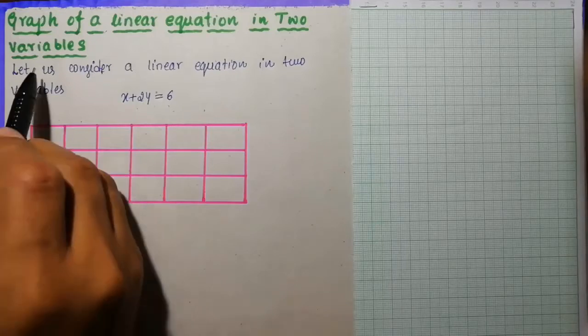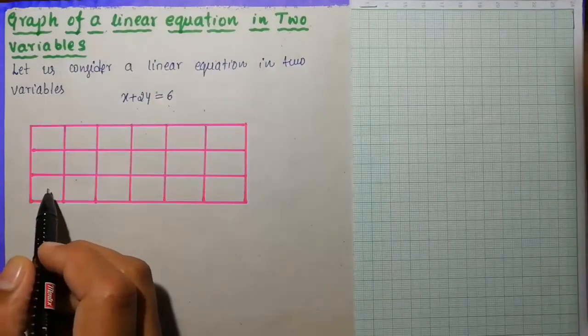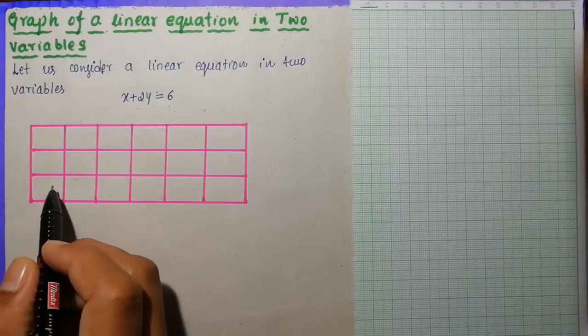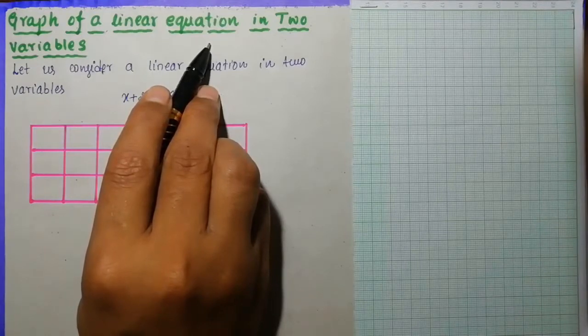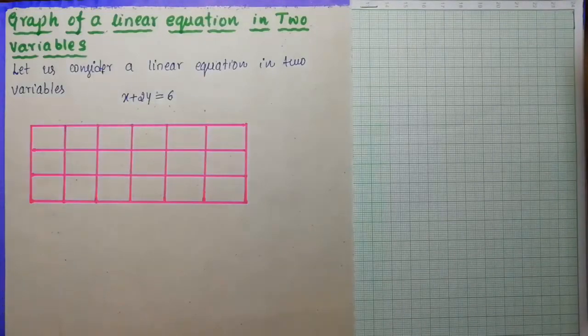Look at here, a graph of a linear equation in two variables. Now I'm actually going to plot the graph of a linear equation. First, we have to understand how to plot it. We are going to plot the graph of a linear equation in the Cartesian plane or coordinate plane. And in the previous chapter, you have studied what the coordinate plane or Cartesian plane is and how to locate the position when the coordinates are given to you. So by using that knowledge, you need to draw the graph here.